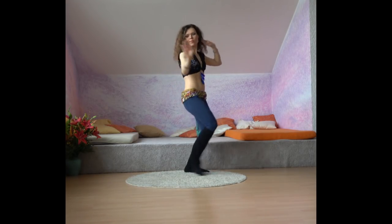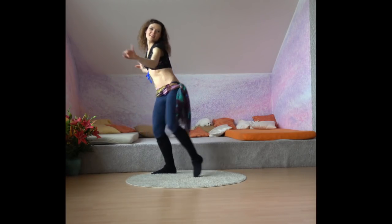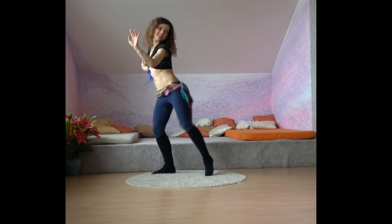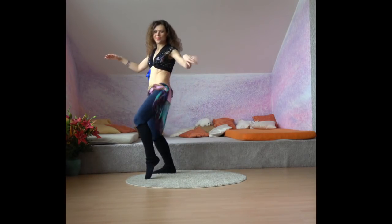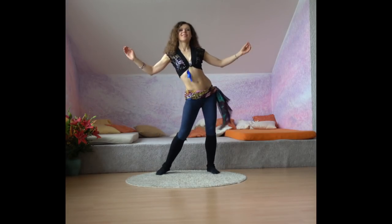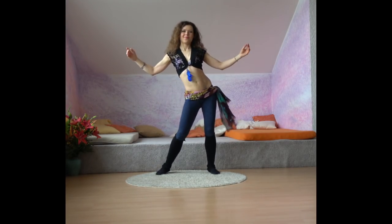and single, single, double to the other side, and double, and boom, and boom, and boom, boom, and single, single, double, one last time on the side, excellent, and just bumping the hips side to side, knees are soft, bumping nice and strong, working that core,